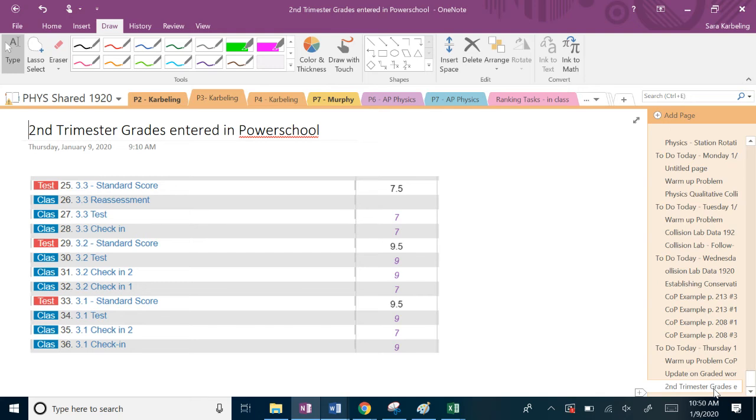Okay? For the 3.2 check-in, there was a 7, a 9, and a 9. Top 2 scores were 9s, so it's a 9.5. Okay? And then for 3.3, there was a test and a check-in. This person got 7s on both. So the top 2 scores would be 7s, and that's a 7.5. If this person has taken the 3.3 reassessment, I will put that score in there, okay? And if that's a 9, then this would go up to an 8.5, but I just haven't done that yet,